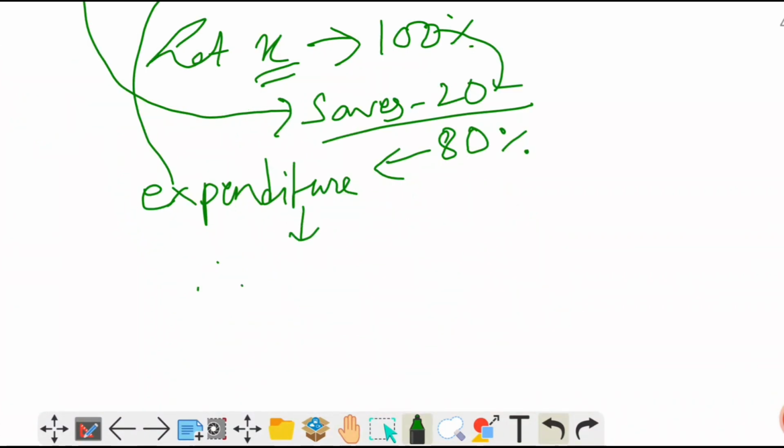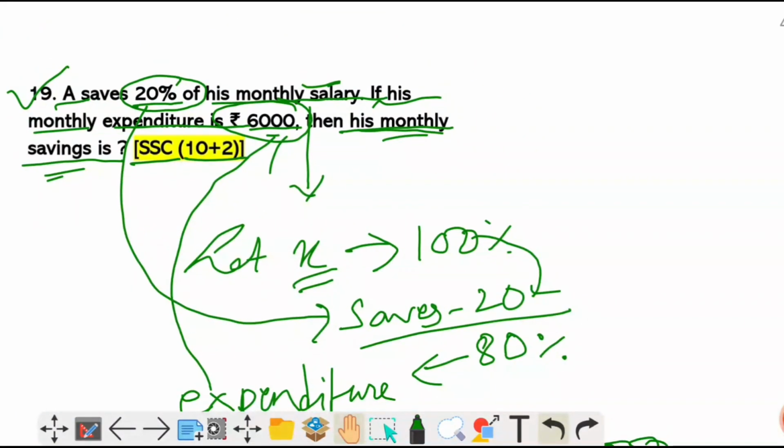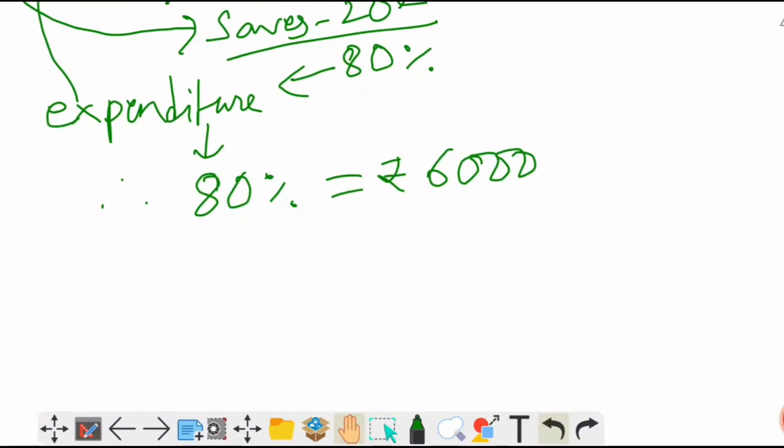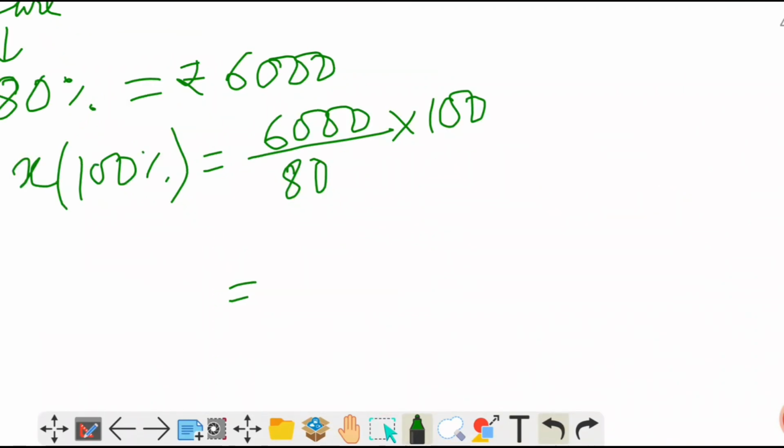Therefore, the expenditure is 80%, which is given as rupees 6,000 in the question. And if 80% is 6,000, we have to find the 100%, that is his actual salary, which we have taken as X. So 100% will be 6,000 divided by 80 into 100. So by dividing and cancelling out the zeros, we'll get